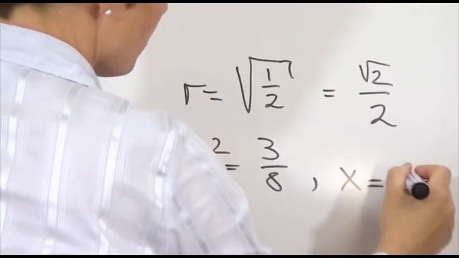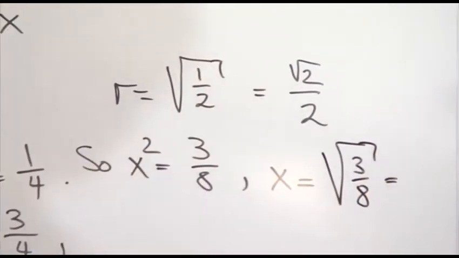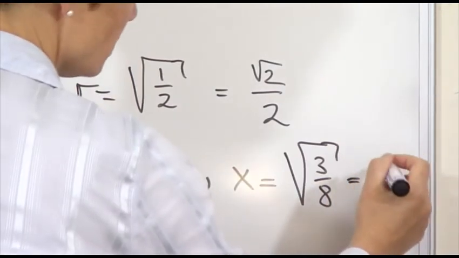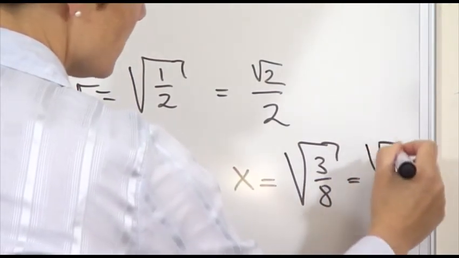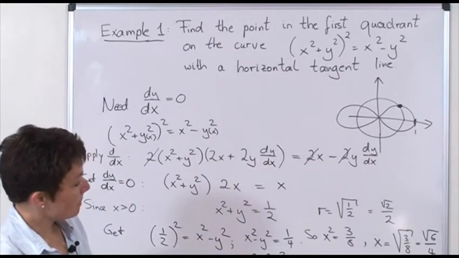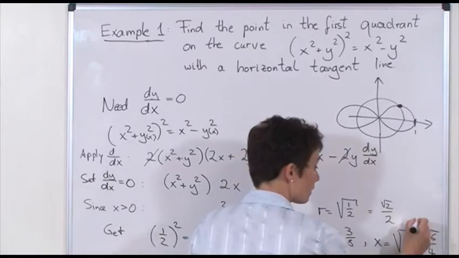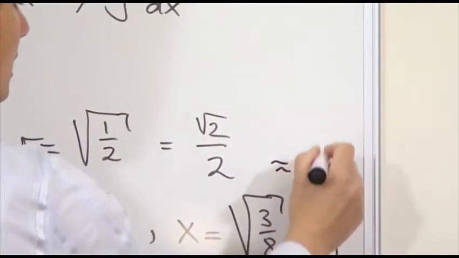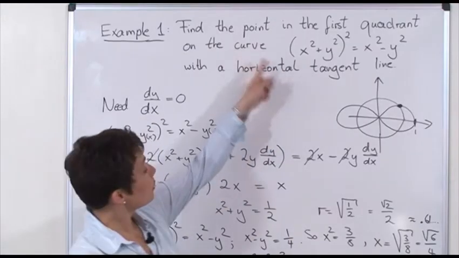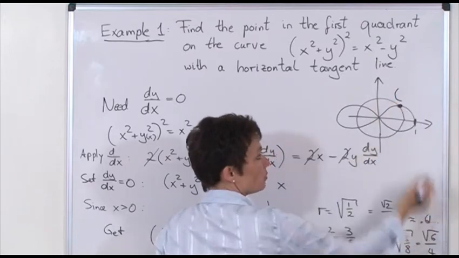So that's the square root of 3/8, which is, since this is 6/16, the square root of 6 over 4. Square root of 6 over 4 is roughly 0.61. And since we are asked to give the point, we need to give the x-coordinate as well as the y-coordinate,